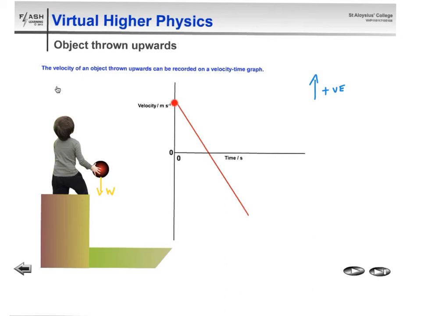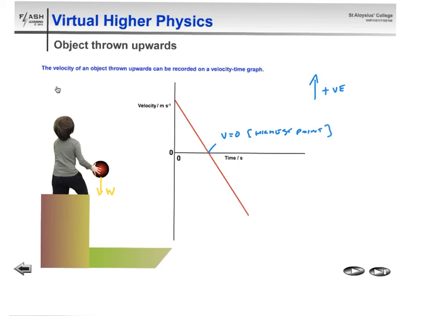So the ball's originally moving upwards when he throws it, and so your weight, the unbalanced force, opposes the motion, right, which makes it slow down. Okay, so deceleration here to begin with. Then at this point, this is the ball at the highest point. So that's where v equals 0. So that's your highest point